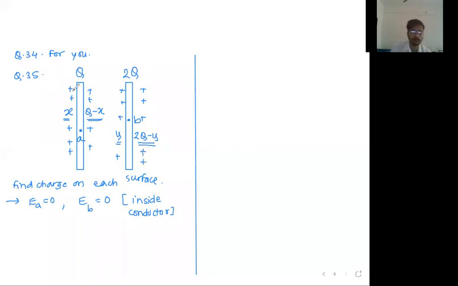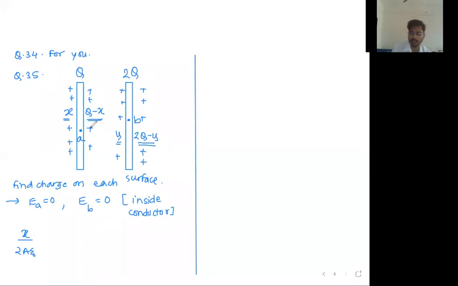Now what is the formula? The formula of electric field because of this x, or let us write all rightward fields equal to all leftward fields. At point A, all rightward is equal to all leftward. So because of x, field will be rightward. Charge x मुळे field कशी असणार, rightward, away from the positive. What is the formula? Q upon 2a epsilon 0. Q is x, so x upon 2a epsilon 0. This is the all rightward field.